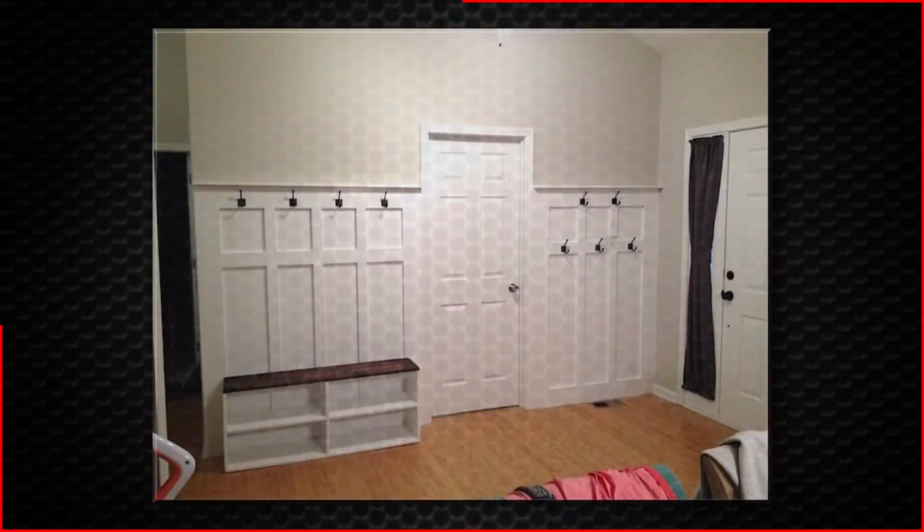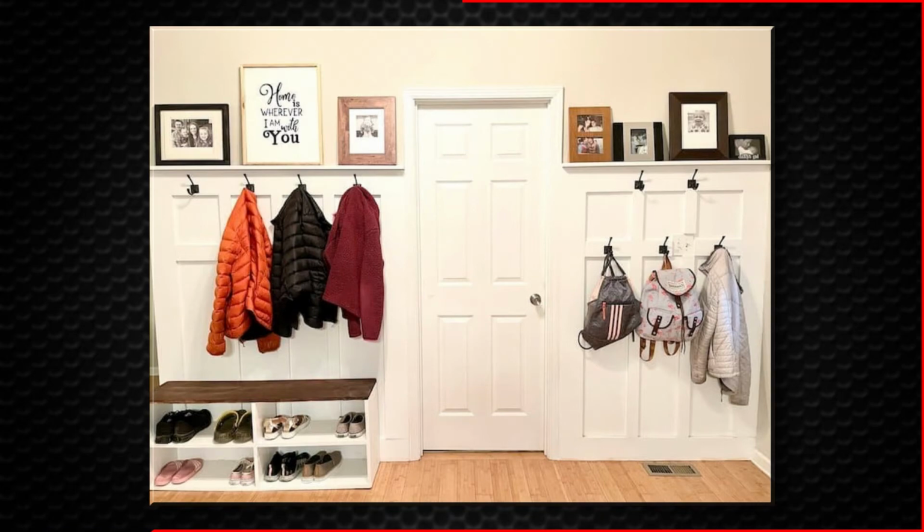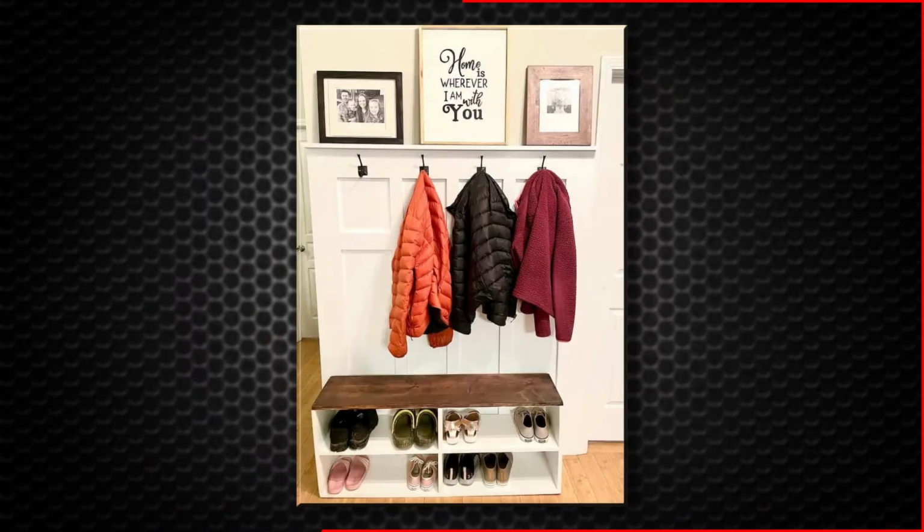Let me start by saying mudrooms don't have to be boring, even though most are. They can be functional and look good too. I know that sounds weird, but let me show you today's project. The idea here is you can build this on any blank wall you have access to. This DIY project gives you a shelf for art, a place to hang jackets, a bench, and shoe storage all